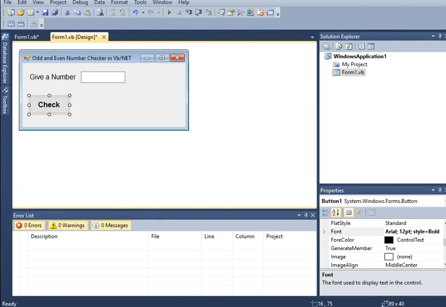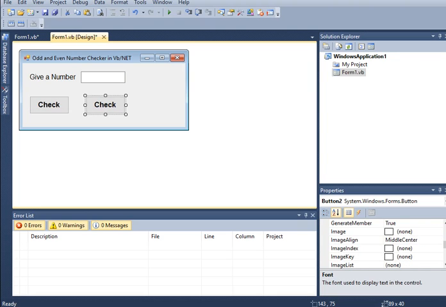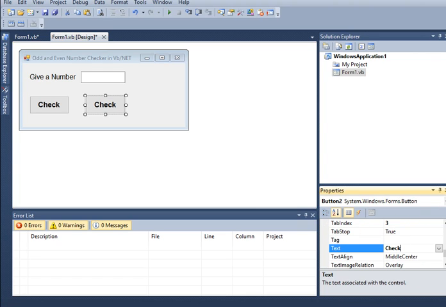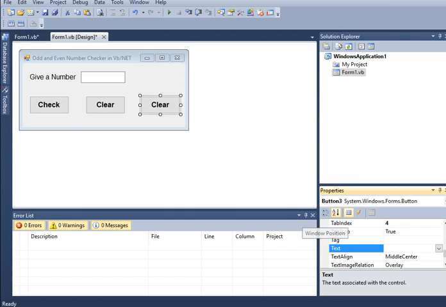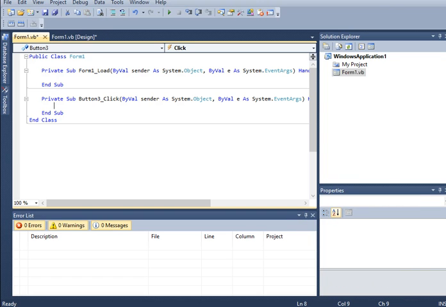Okay, so copy and paste, we duplicate this one. Instead of check, we will have here the clear, and then we have here copy again the third button. We have here quit. In the quit button we can simply put end,